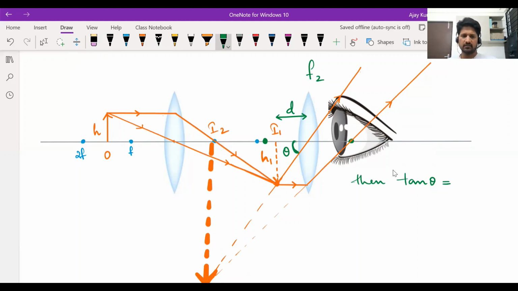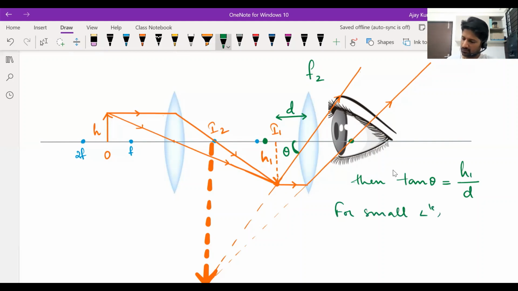Opposite by adjacent, how much is it? H1 by D, sir. Correct. H1 divided by small d. And see, for our visualization, we show exaggerated angles like this, but all the optics that we are discussing now is valid only for small angles. So theta will also be a small angle in real life. No object that you see through a microscope will be subtending such a large angle on your eye. Fine. So theta will be a small angle, and for small angle,